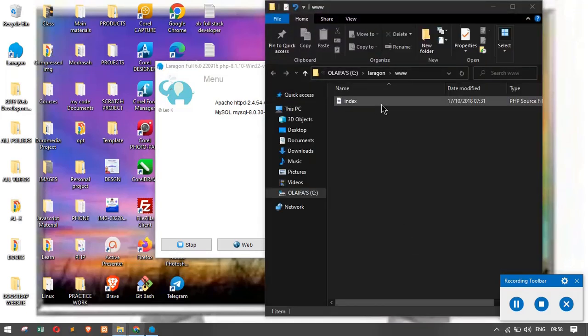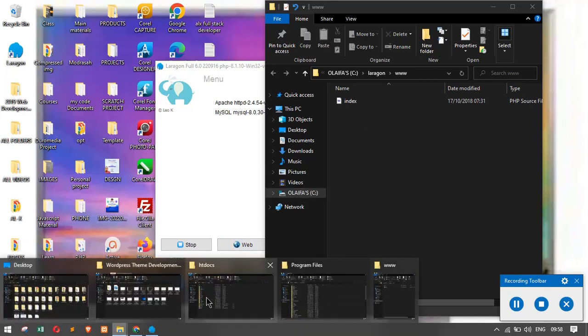This root will bring you up to the Laragon folder from your PC. Like that, Laragon, then Laragon www. So now you can see that. So we are meant to copy our